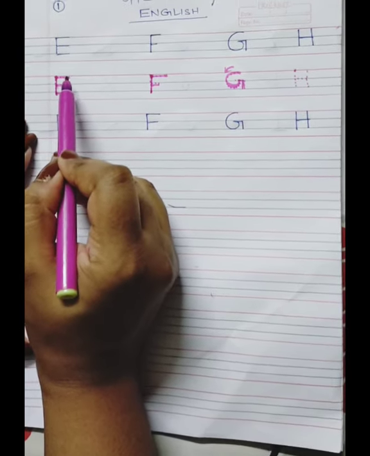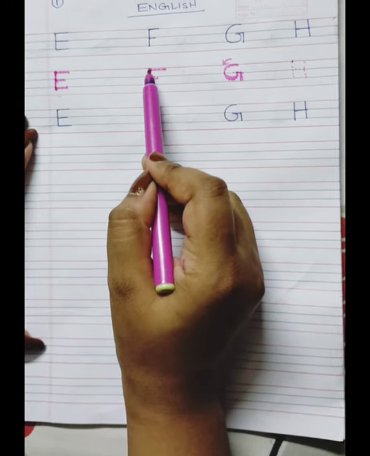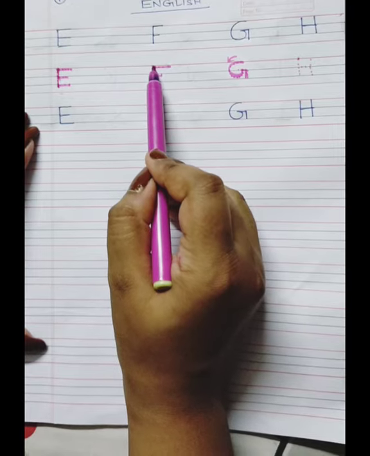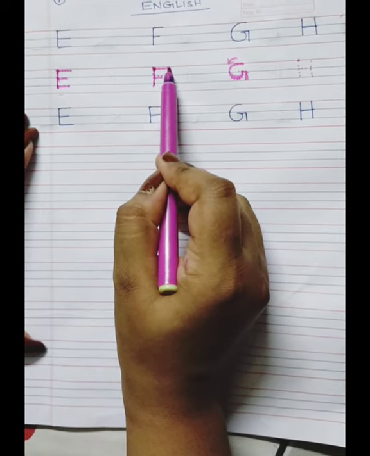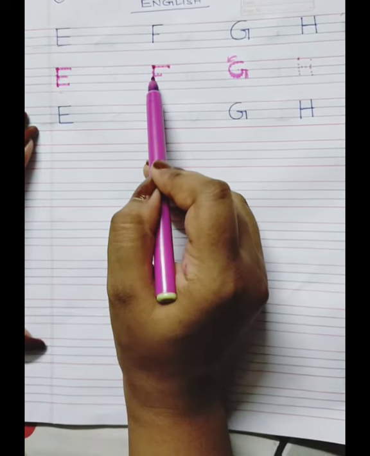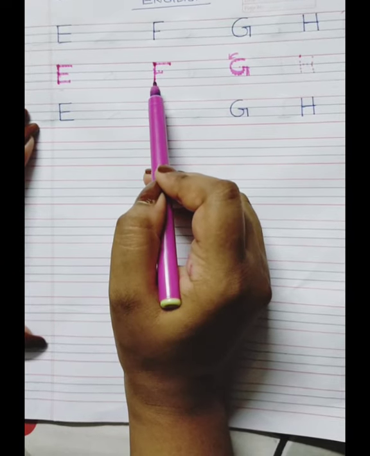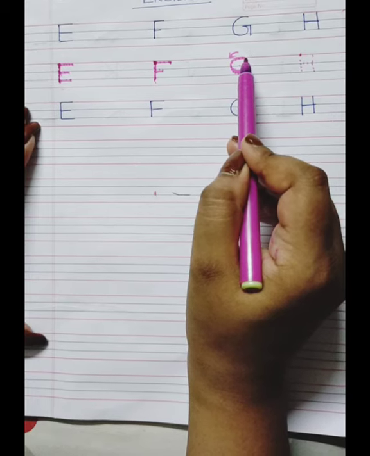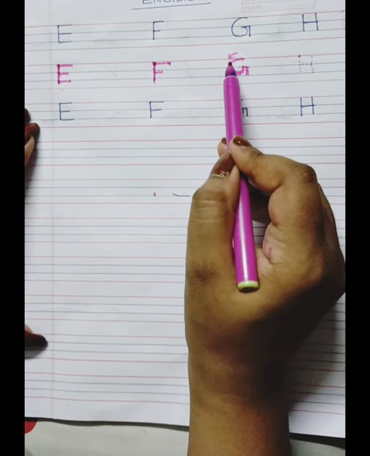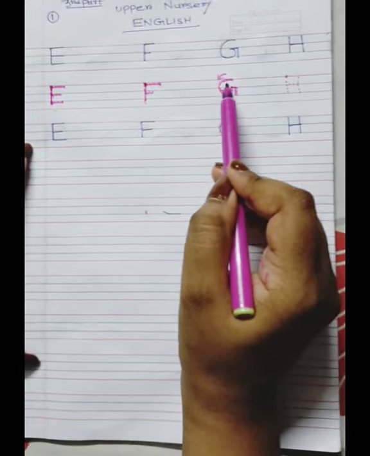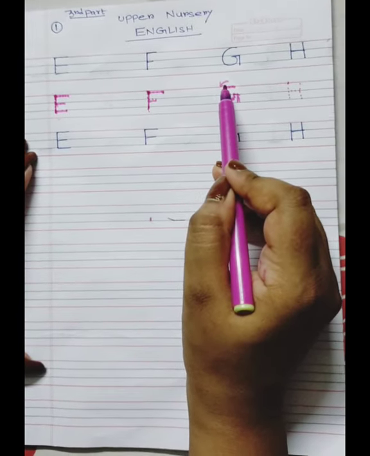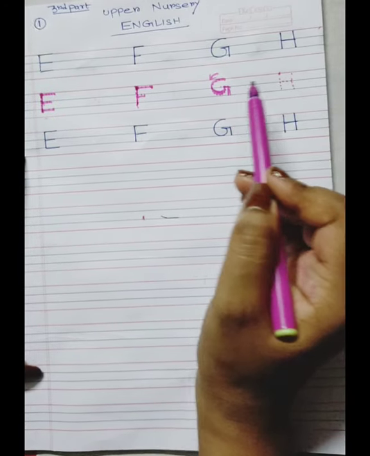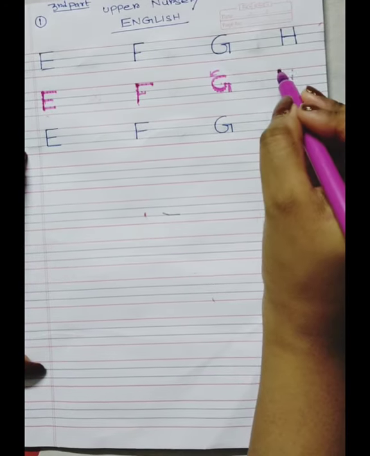So it becomes E. Again, from the first point, drag it towards the down and then drag it towards the right side. This is F. Now comes G. How will we draw or write G? This is an example of a curve. It should be in an anti-clockwise way. So it forms G.